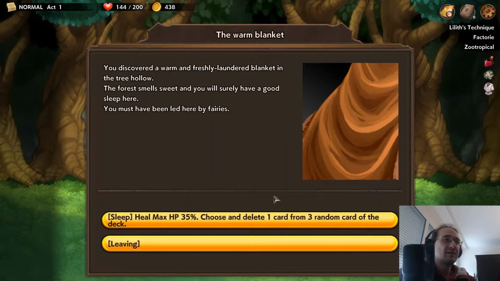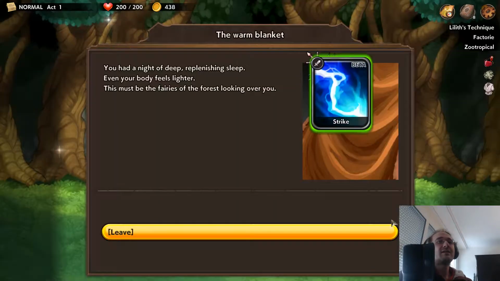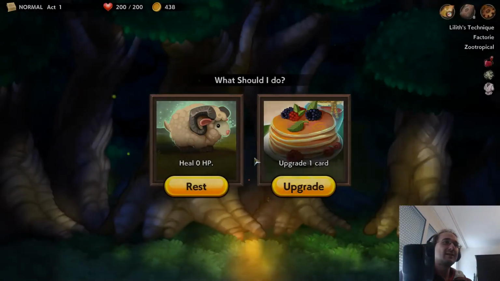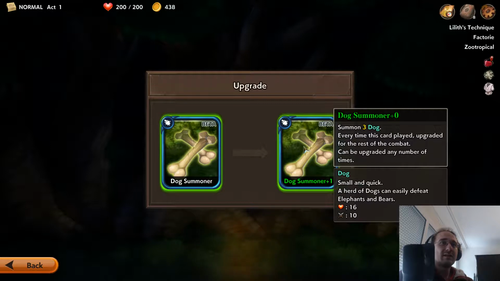We're going to take the event and hope we can remove a card. Choose and delete one card from 3 random cards in the deck. So we will definitely remove a strike. Do we want to remove the alpaca so we have fewer animal cards? We have absolutely nothing that taunts, so the alpacas are actually kind of vital for us. We will upgrade this. So now it summons...